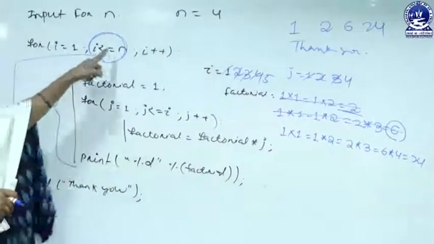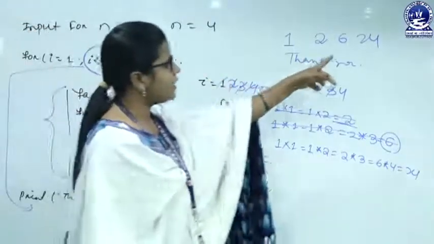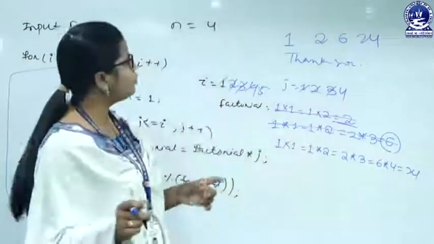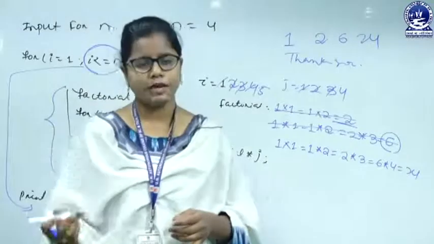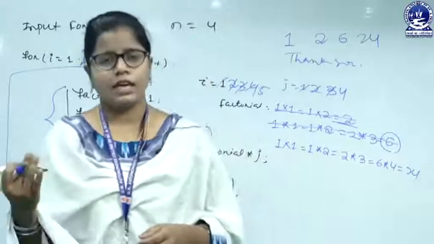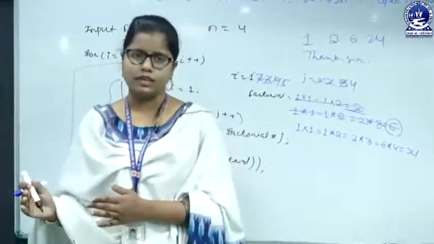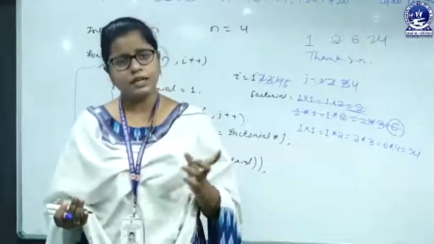So print thank you. Like this, suppose n equals to 10 here, then we will continue. For 4 factorial, that is 24. For 5 factorial, that will be 120. For 6 factorial, that will be 720, like this. So depending upon the nth term, we are going to calculate the factorial from 1 up to nth term. Then we are going to print those terms.